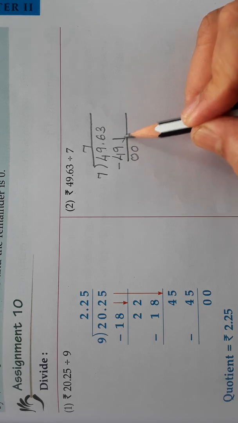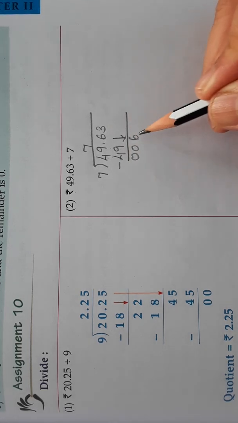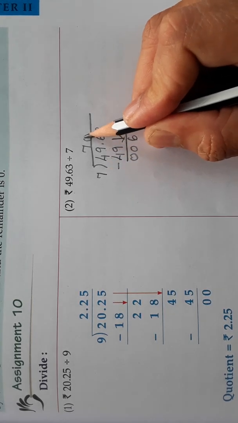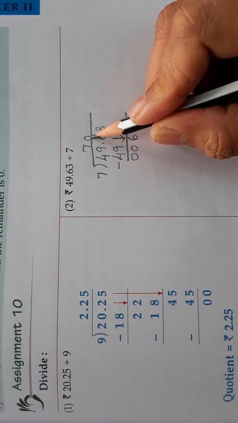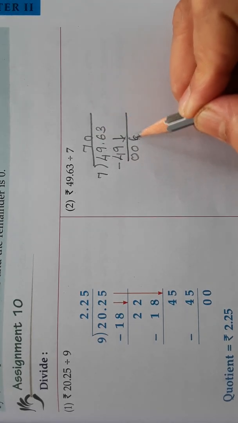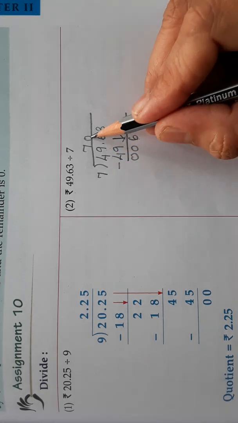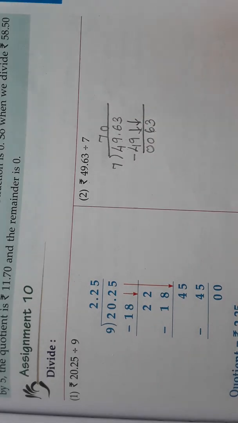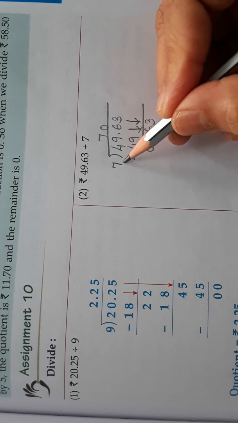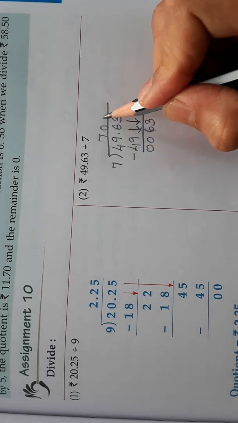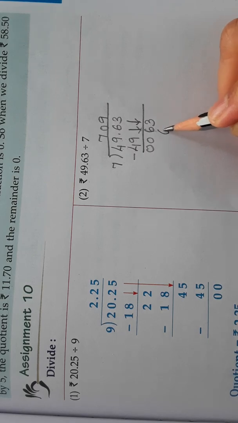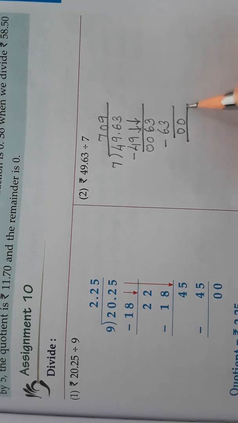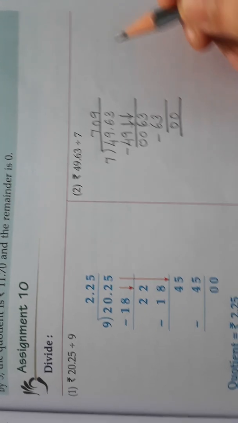Now take the next number 6. Here 6 is a small number compared to 7. So we will take one more number also and put 0 here, okay. Since we are taking 2 numbers, we should put 0 here, because we are not dividing 6 by 7. It's a small number compared to 7. So put 0 and take both the numbers 63. Okay, if you take 63 in the 7 table, 9 sevens are 63 and 3 minus 3 is 0, 6 minus 6 is 0. So the remainder is 0 and what is the quotient here?